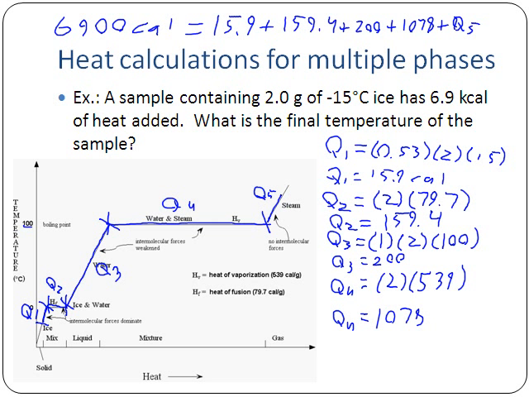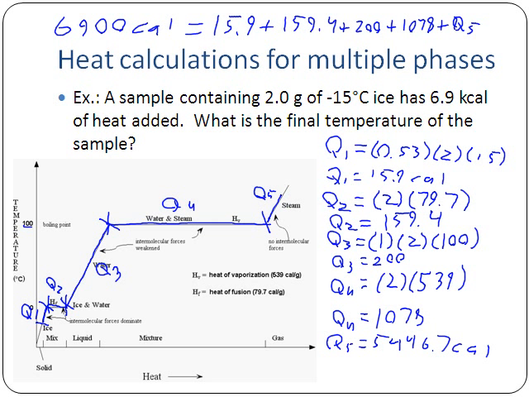So minus 15.9 and then minus 159.4. And then we're going to subtract off 200 and then we're going to subtract off that last one, 1,078. When we do that, we find we have 5,446.7 left. So I know that Q5 is equal to 5,446.7